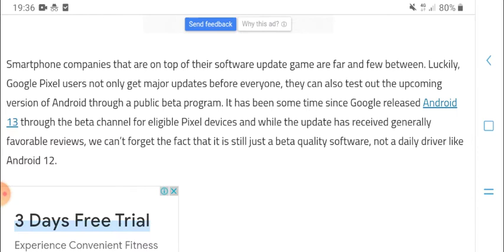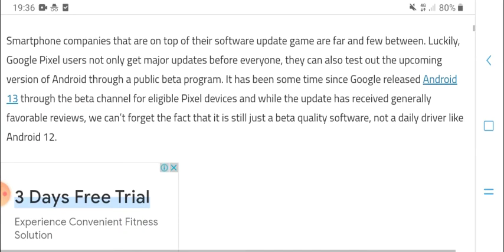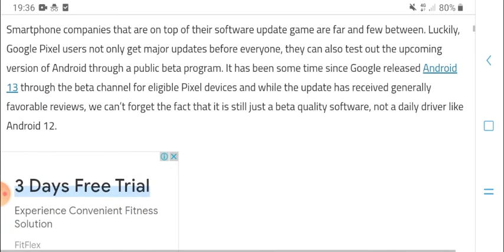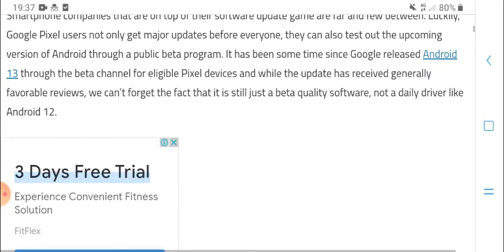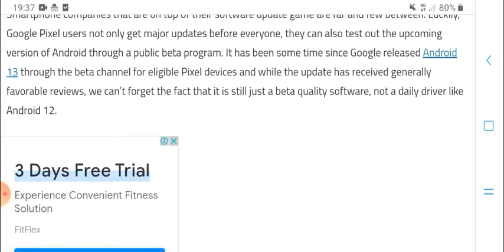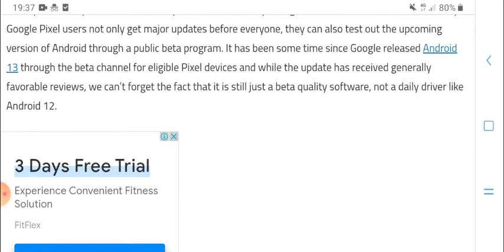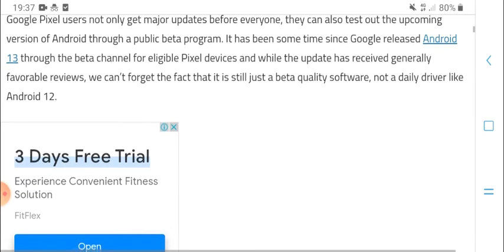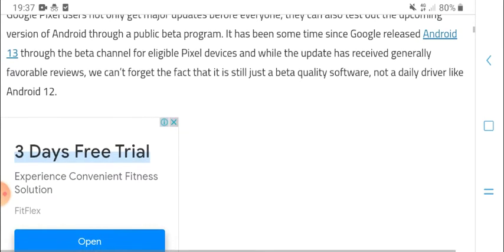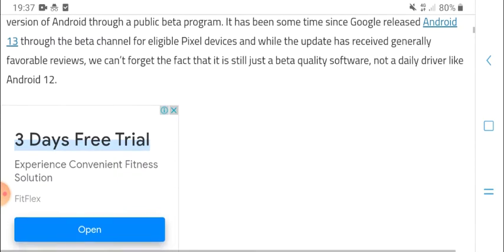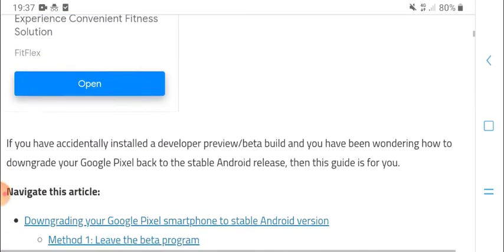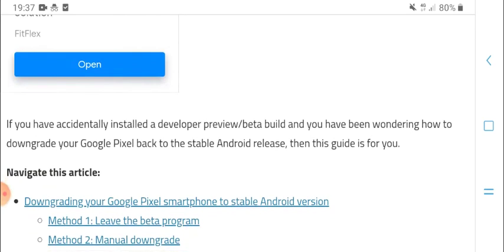Through the public beta program. It has been some time since Google released Android 13 to the beta channels for eligible Pixel devices. While the update has been received generally favorably in the reviews, you can't forget the fact that it is still just beta quality software, not as dependable as Android 12. If you have accidentally installed a developer